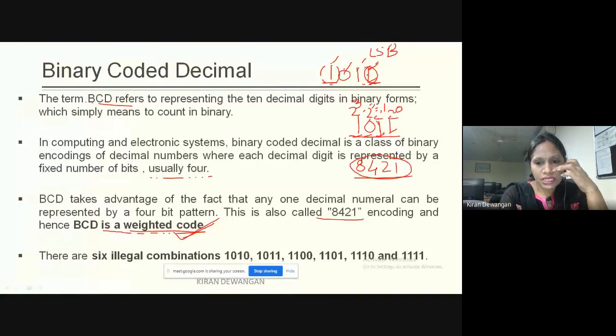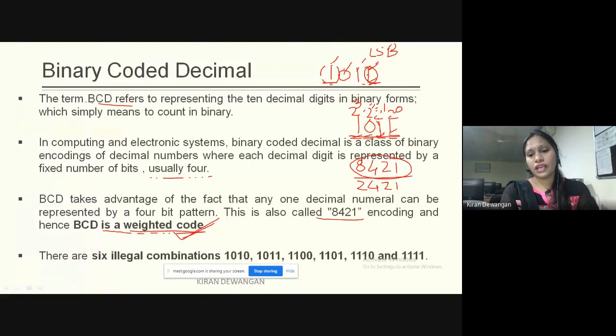Weighted code means that all the bit positions will have a particular weight assigned to it. The LSB will have the weight 2 to the power 0, then the next bit 2 to the power 1, then 2 to the power 2 and then 2 to the power 3. We have other weighted codes too, like the 2421 code.